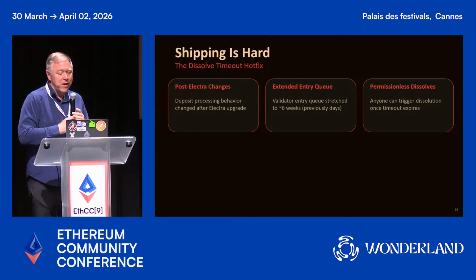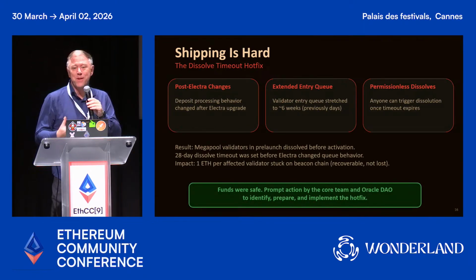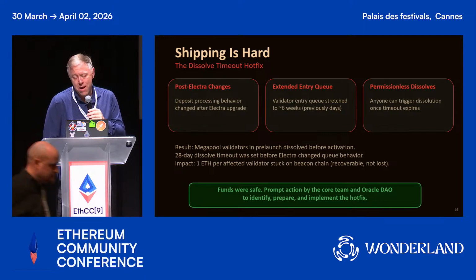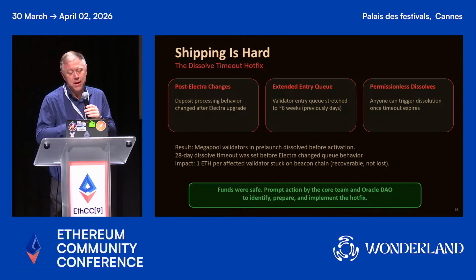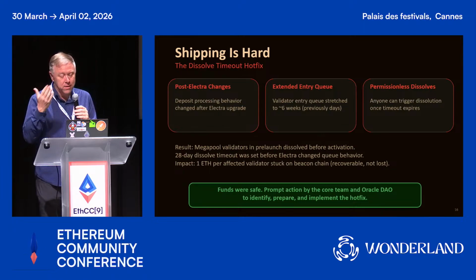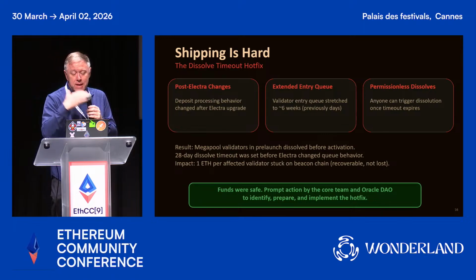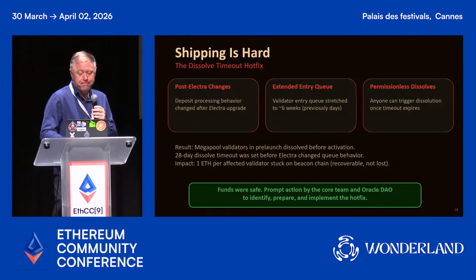And so real quickly, we realized that, hey, we needed to do a hotfix to extend this period of time. And fortunately, Rocket Pool moved very fast. They were able to propose a fix, populate it, go through its governance process. There are delays in how quickly a patch can be put in, kind of settings controls and so forth. But luckily, they had caught it fast enough that they were able to implement this before that 28-day period. And so all ended up doing very well.